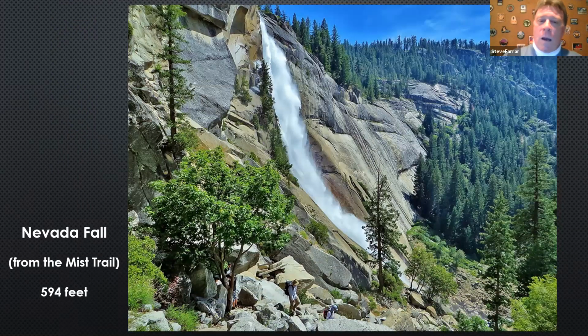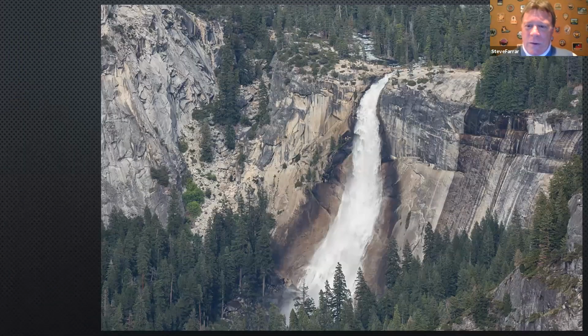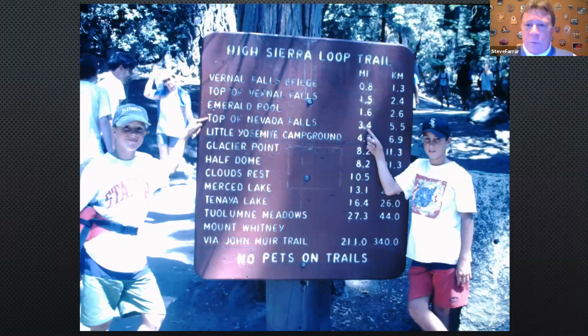Now, if you continue along up the side, you get to Nevada Falls, which is twice as tall as Vernal. This is almost 600 feet tall. There it is on the right with Liberty Cap, domes all over the place in the Sierra Nevadas, these big granite upthrusts. So there's Nevada Falls. Top of Nevada, 3.4. If you come down the John Muir Trail from down there,